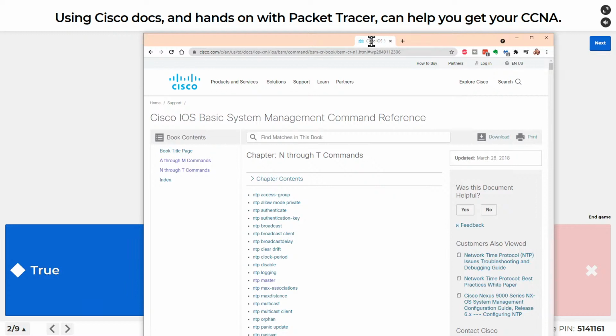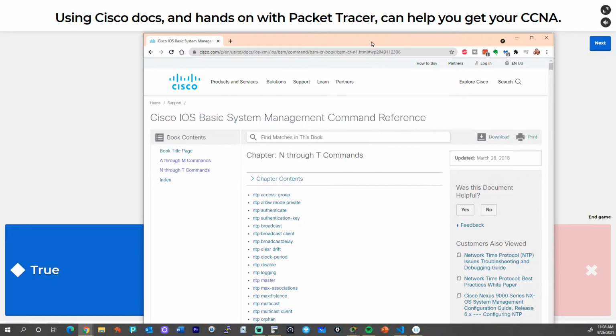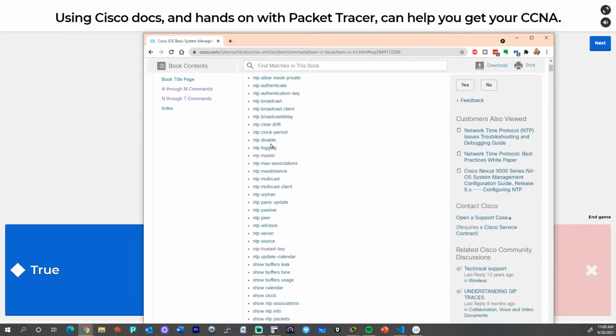And so today, I just want to share with you the fact that I study pretty much the same way I do now as I did back 20 plus years ago when I was first starting with learning Cisco, and it applies to any technology. You take a look at the technology you're working with, go to the source, go to the official docs. So this is an IOS command reference guide. I was focusing on NTP, and I could just dig into any of these commands.